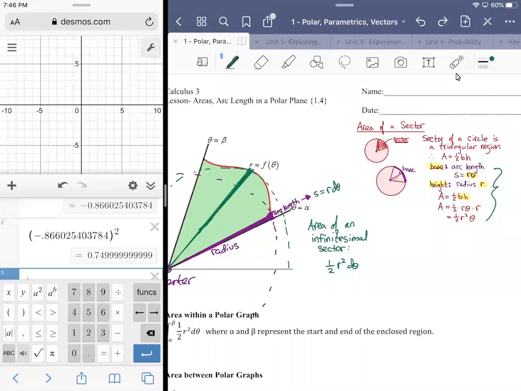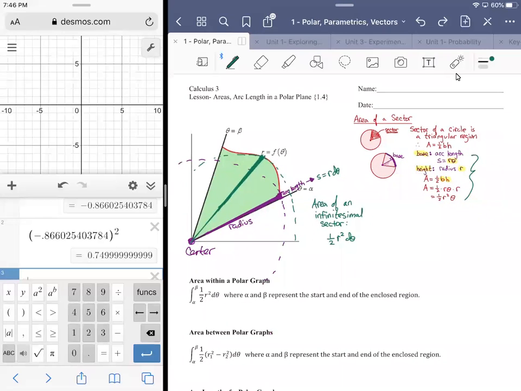Now, if I want all of the sectors, the sum total of all of those areas, so take each infinitesimal sector and add it to every other infinitesimal sector, and eventually we'll get the bounded area. And so that's where this formula comes from, all right? So that's kind of like a more hand-wavy version or derivation or origin story behind a formula, but that's the general idea,